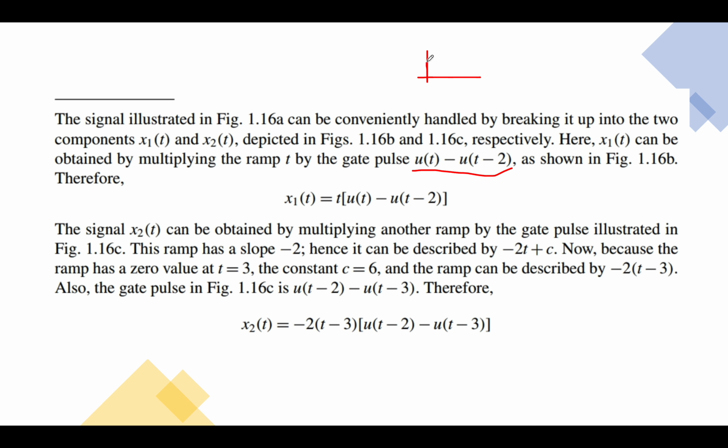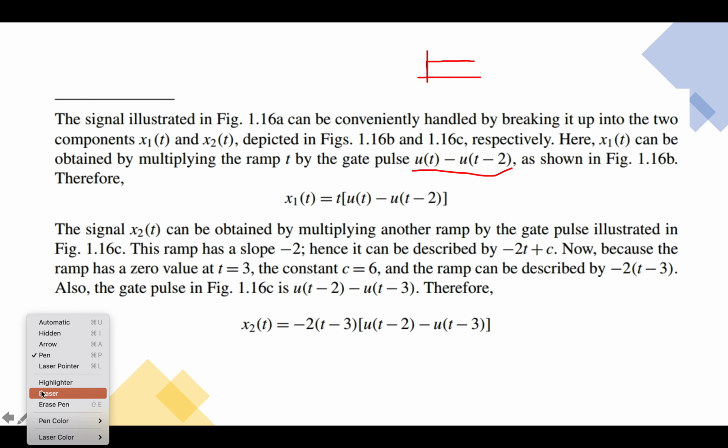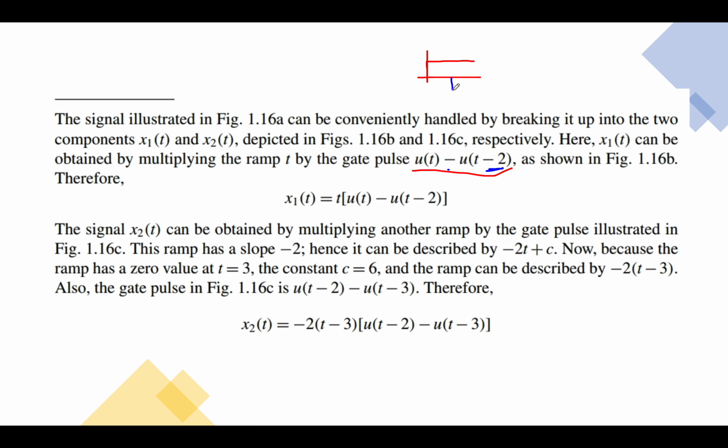Basically u of t looks like this. The shifted step function would be negative, and it is shifted to the right by the value 2, so it would look like that. And then if we take the difference of those, so actually it would be the sum, because I've already used the negative sign by representing this one. So if I take the sum of negative u of t minus 2 and u of t, then what I'll end up with is a green line